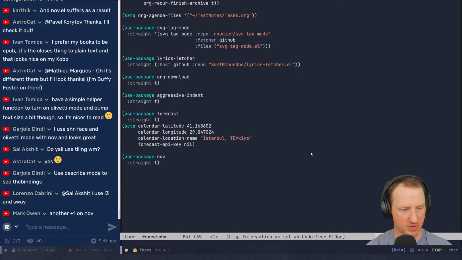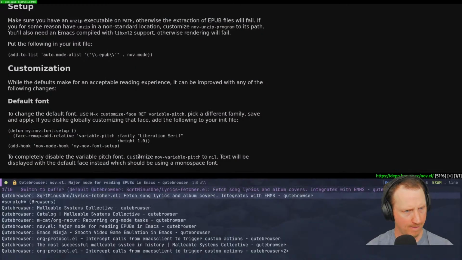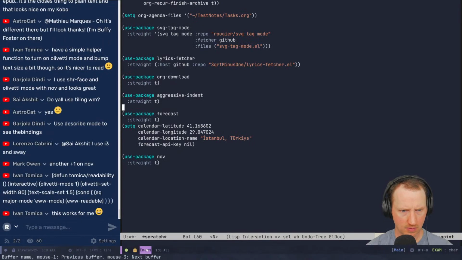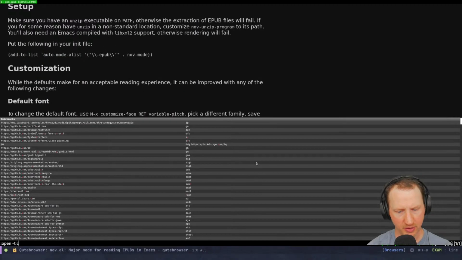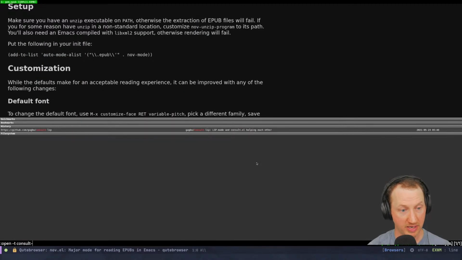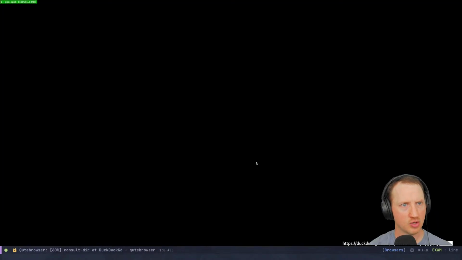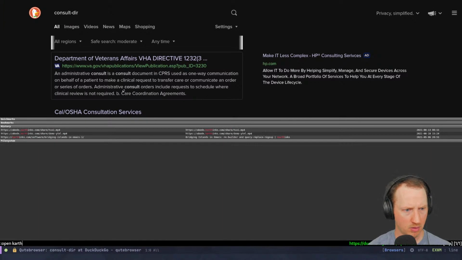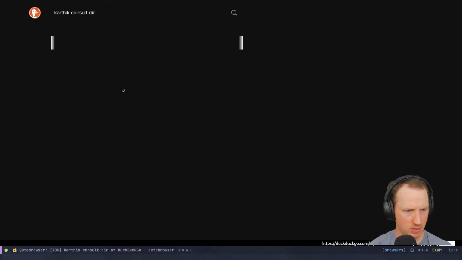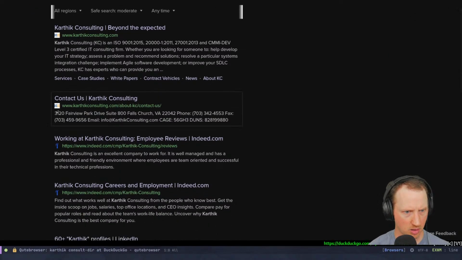Okay. So we've got less than 10 minutes left on this. So what I'm going to do is show the package that Karthik made most recently, which is consult-dir, and I think it's going to be pretty cool for anybody who's using Vertico or Selectrum, or I guess anything really, because it should work with any completion system. Karthik consult-dir. I don't know if his name is Karthink on GitHub.